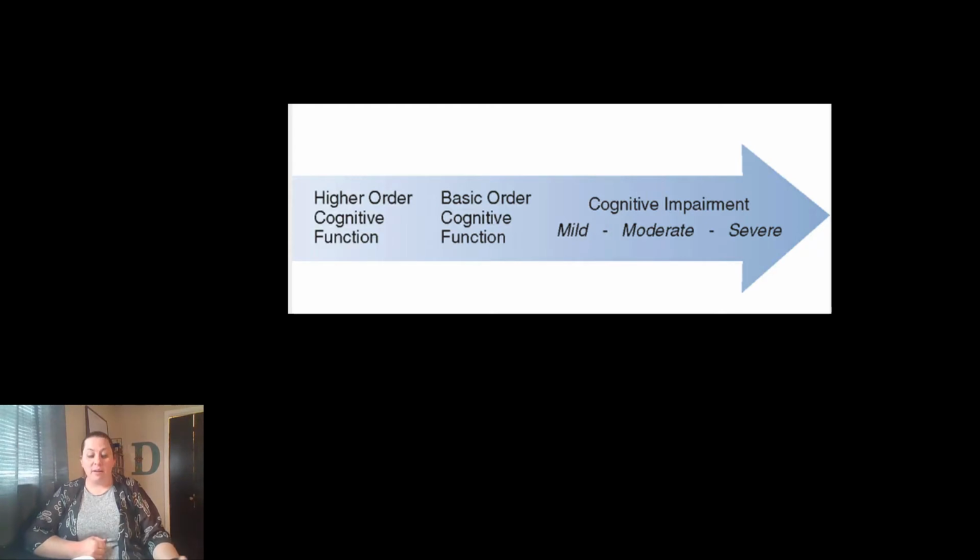Now, on the other hand, we do see as we age, the size and weight of the brain decreases, and cognitive impairment does not really get adjusted just to normal aging. When cognitive impairment starts to decline, age can be a contributing factor, but it is not a normal aging process.